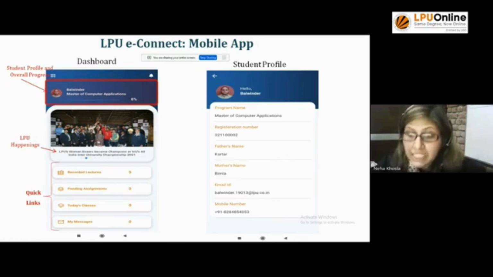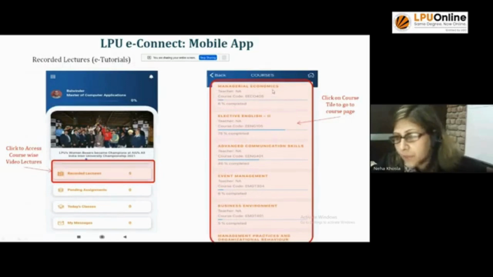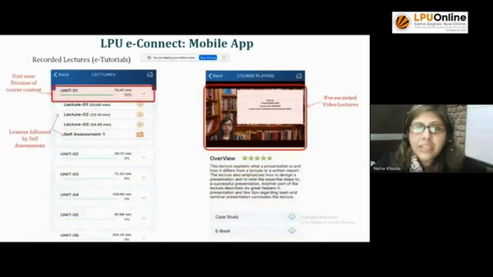तो ये दीज आर द क्विक लिंक्स, रिकॉर्डेड लेक्चर के हैं, पेंडिंग असाइनमेंट्स, टूडेज क्लासेस, माई मैसेजेस। रिकॉर्डेड लेक्चर्स पे क्लिक करोगे तो यहाँ पे कोर्सेज, आपके जो भी रजिस्टर्ड कोर्सेज हैं विल बी विजिबल लाइक दिस। इस लिंक पे आप क्लिक करोगे तो आपका जो लेक्चर है वो एक्सपैंड हो जाएगा। यूनिट वाइज इस तरीके से यहाँ पे दिखेंगे,